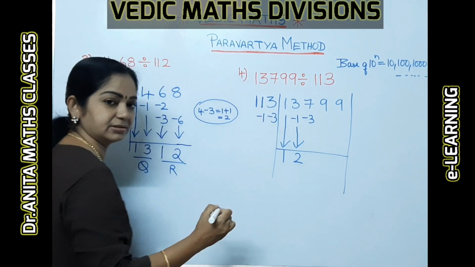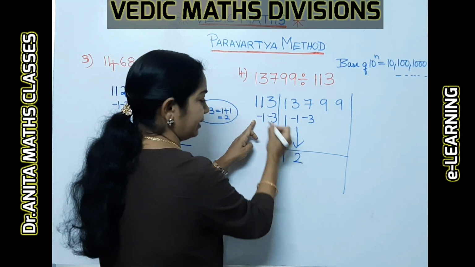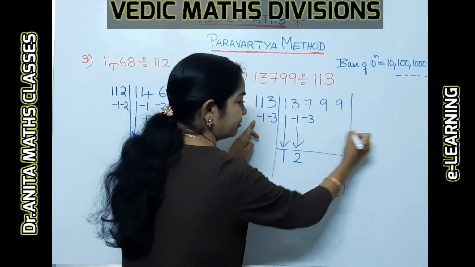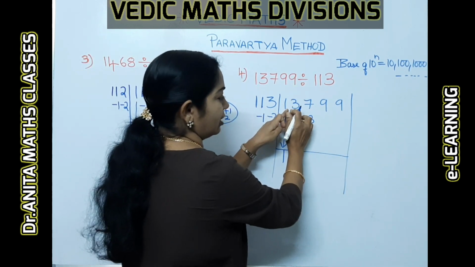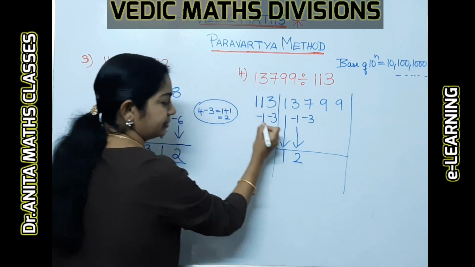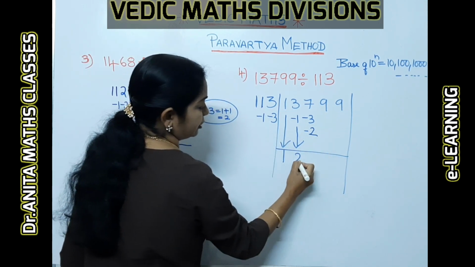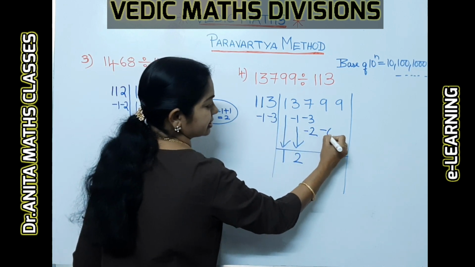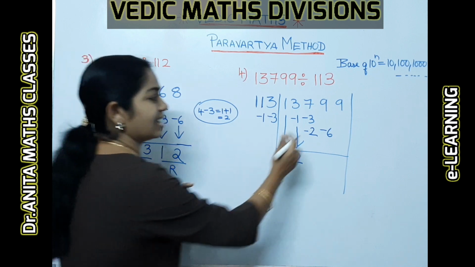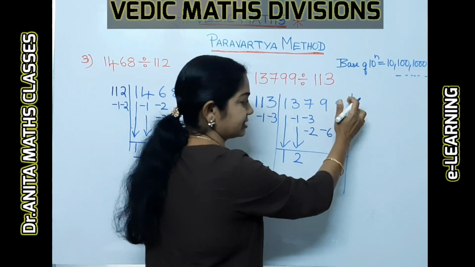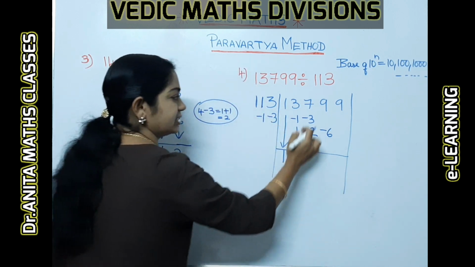Again multiply it with the transpose. But where do we write? We start with the third column, third row; here it is second column, second row. We are starting with the second column and second row. Likewise, third column, third row. 2 into minus 1 is minus 2, and 2 into minus 3 is minus 6. But here the last number has not been included, isn't it? There is no number below, so we still have to proceed.